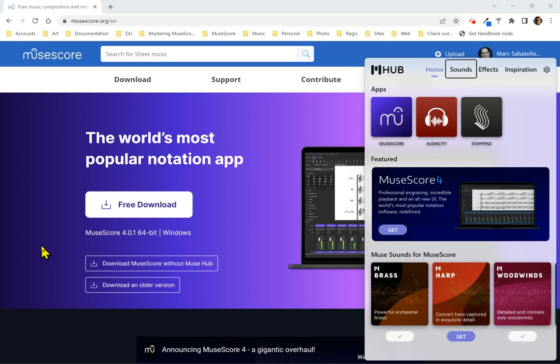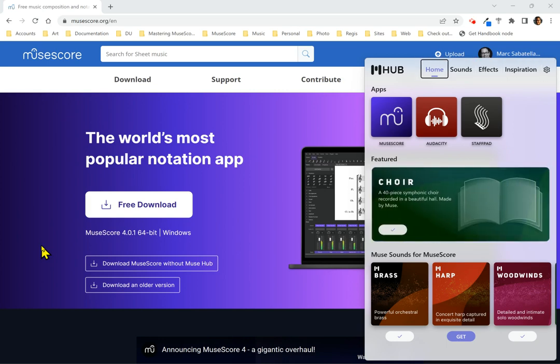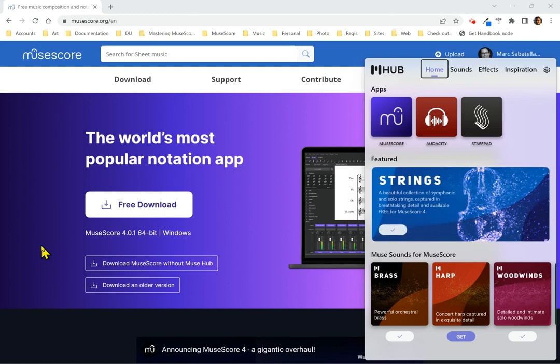Inspiration, effects, sounds, home tab selected 1 of 5 level 1. So the Home tab is where we actually are going to want to be. And this is now a table with 3 rows in it. The first row, I'm going to hit down. Actually, I think I have to hit tab. Let me see. Yeah, I'm going to have to hit tab to kind of enter the main area of the